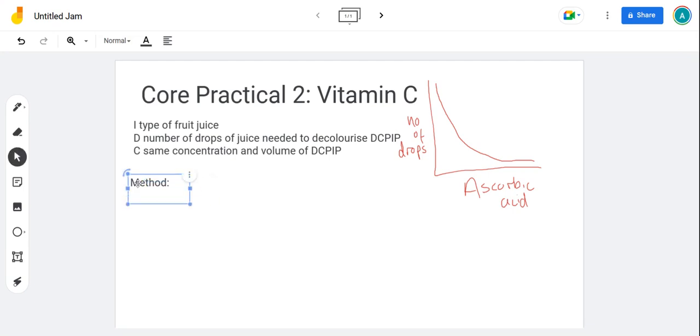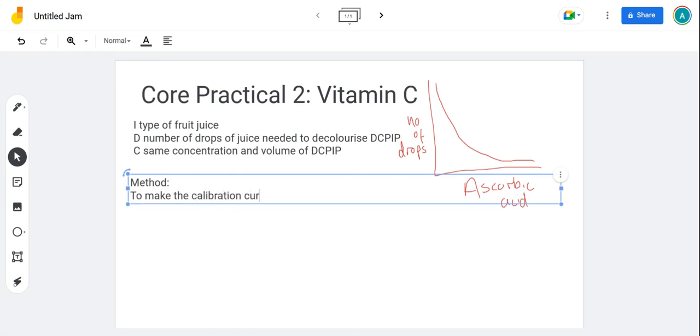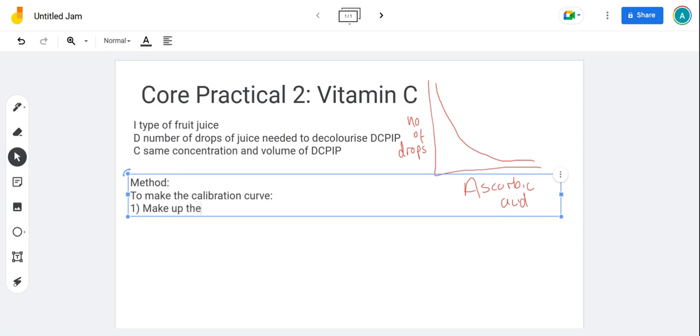So, find a box to make the calibration curve. First of all, you need to make up the vitamin C solutions. Now, another word for vitamin C is ascorbic acid. So make up the vitamin C or ascorbic acid